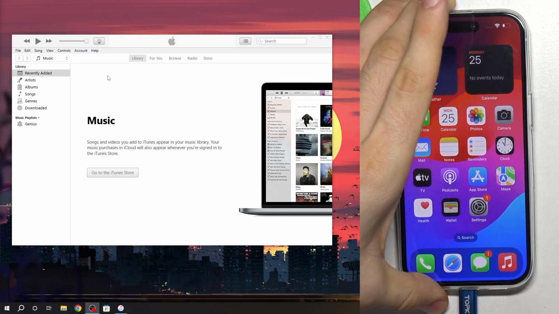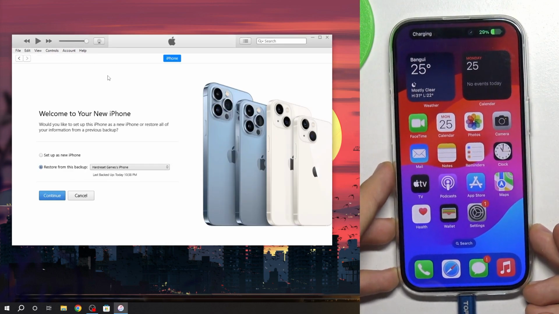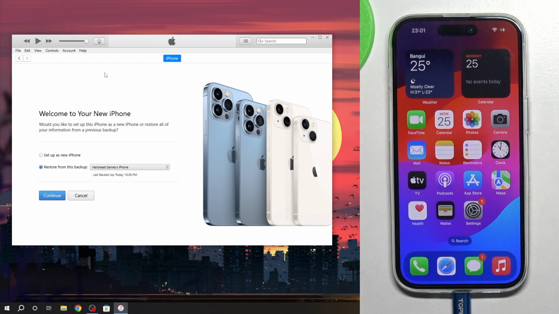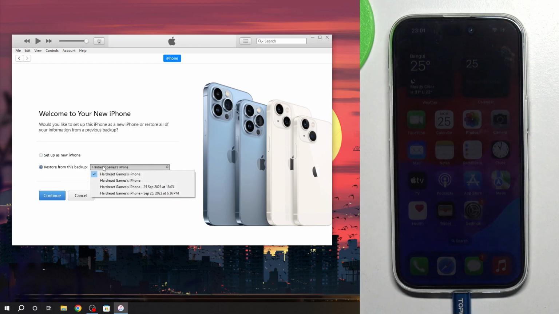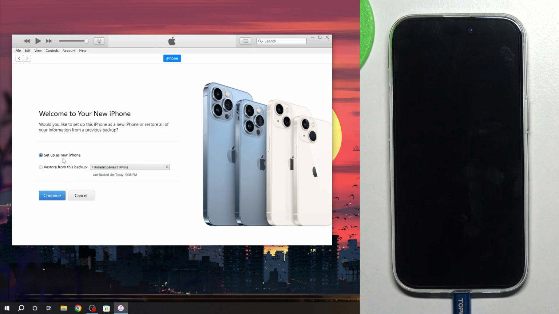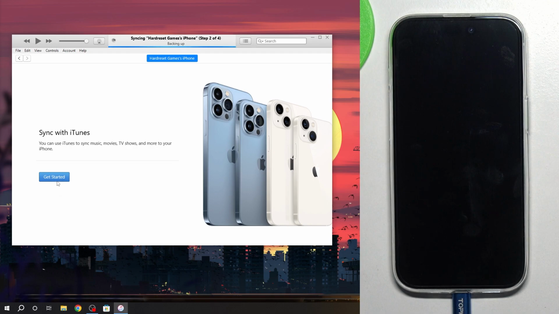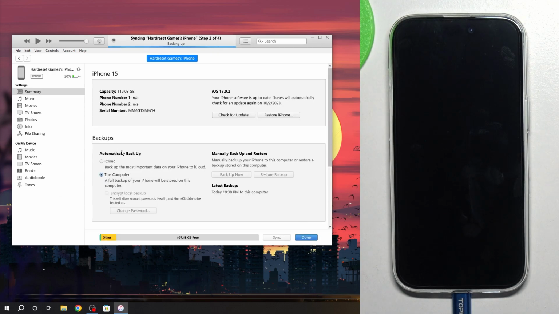So, cool. You will see that in the iTunes will open the screen with welcome to your new iPhone, and now you can restore from backup or set up as new iPhone. Of course, if you click restore from backup, you can choose the copy you want to recover and just click continue. But now I will set it up like a new iPhone, and I will show you what you can do